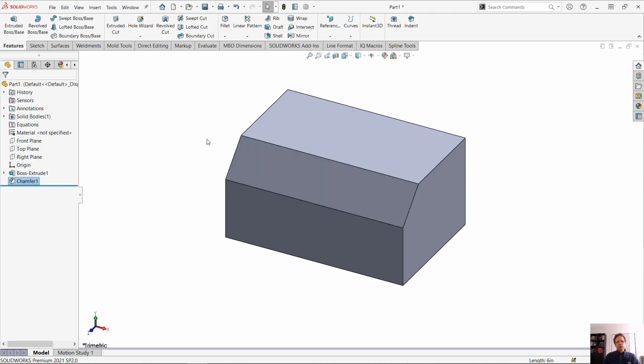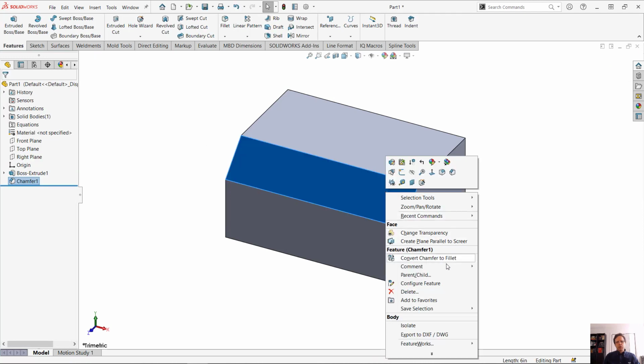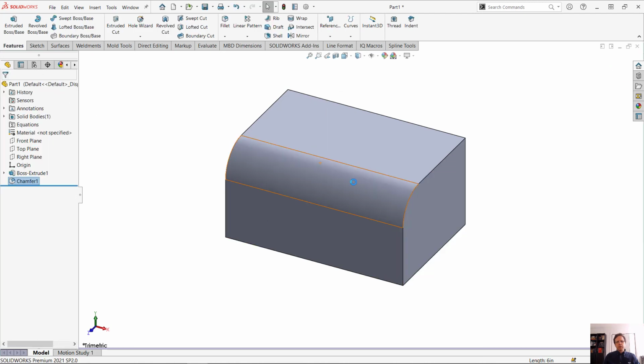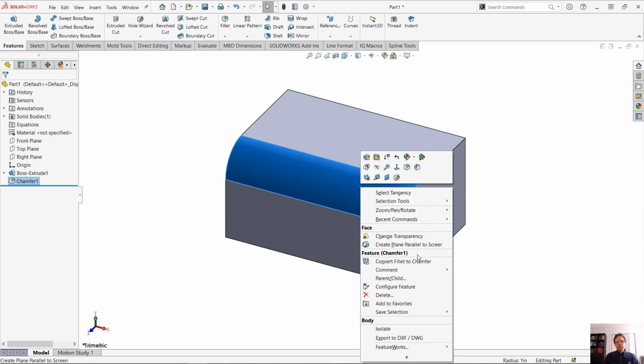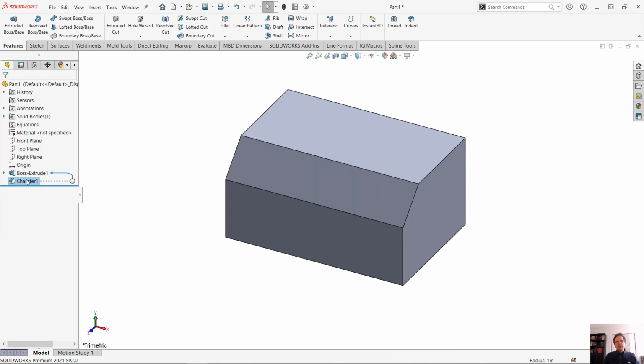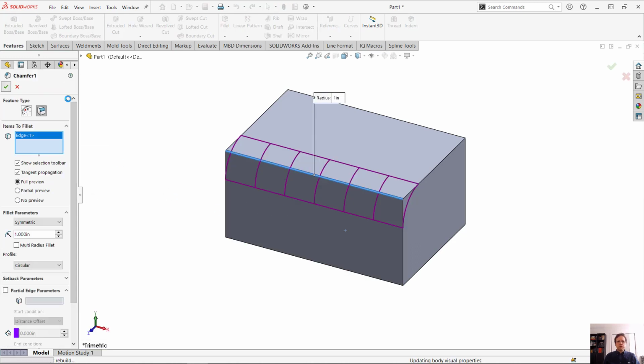If you start this way, you can actually convert it to a fillet. Okay, so no problem going one way or the other. So from here I can go to chamfer and back to fillet. Just be aware that the name itself is not smart. So it's pretty much like you name this yourself and the name of the feature stayed there even if you switched from chamfer to fillet.